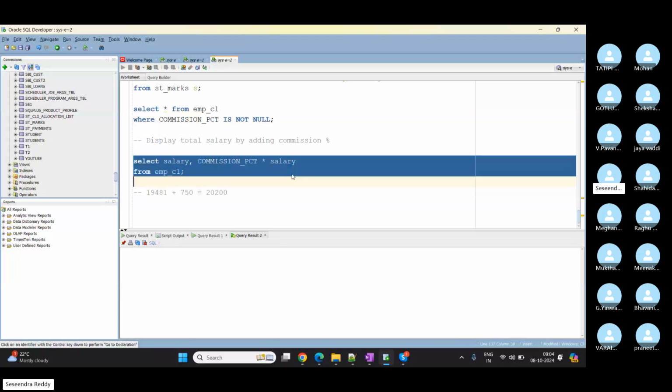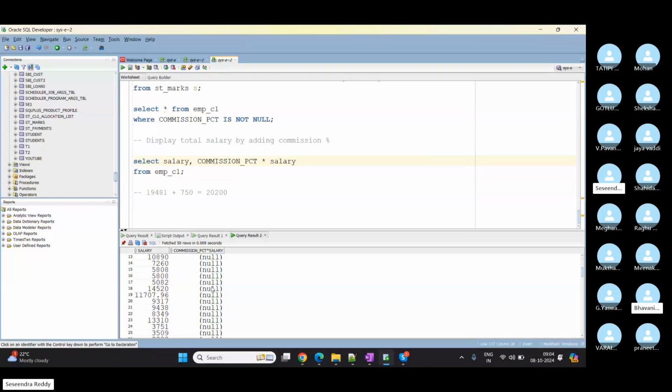So it will return an amount, right? If we have nulls, it won't return. If we don't have nulls, you see, we are getting amount. So this one we can say as commission amount, not percentage now. Okay, so we converted it to amount from percentages. So 0.4 is nothing but 40%, I think. So 19,000 plus commission amount 40%, which is 7,700,